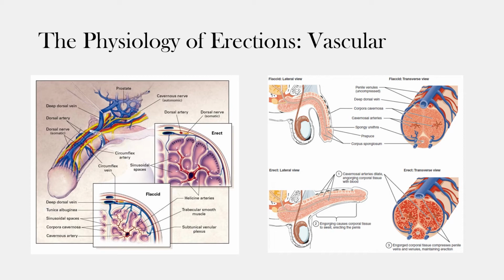Let's look at the picture on the left. The picture on the left, again, is the anatomy of the penis. The box within it that says erect, this is what happens. That central artery is the deep dorsal artery. As nitric oxide is synthesized, increases your cyclic GMP, it causes vasodilation of that artery. We see that it's expanded here in this picture, where in the erect box, that artery is expanded, and so